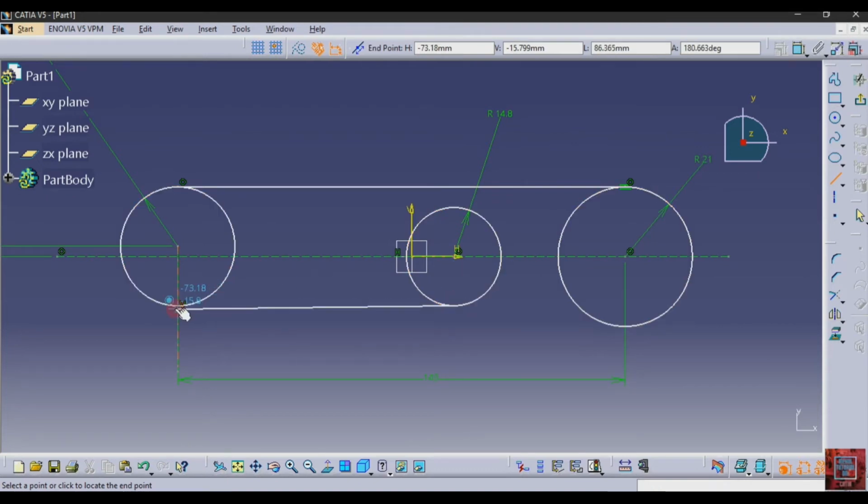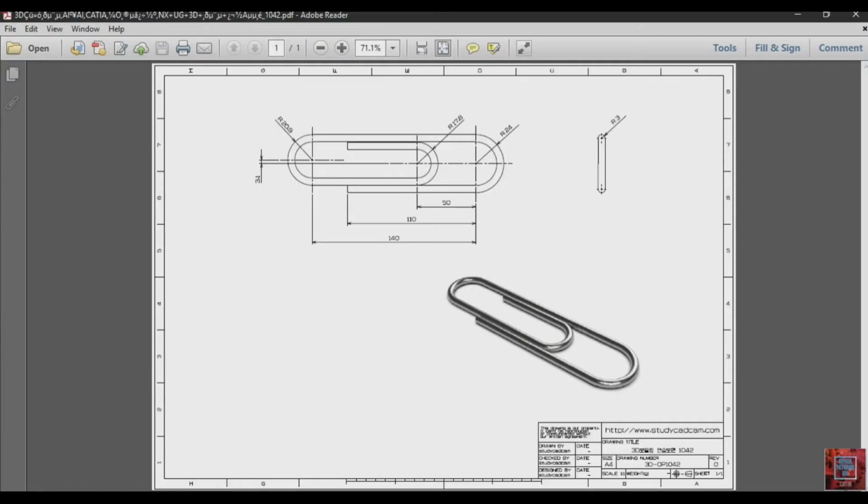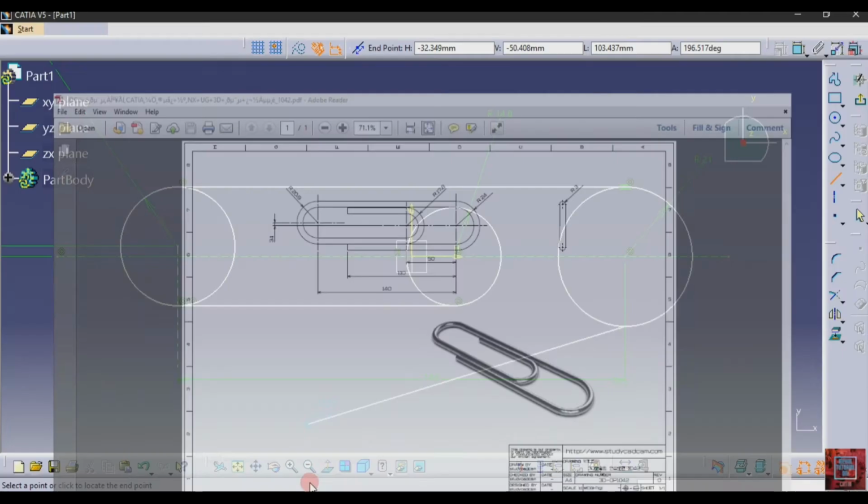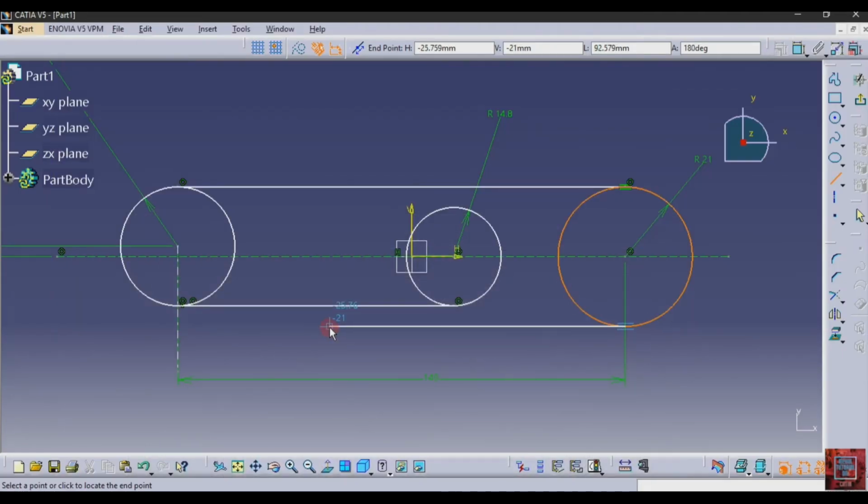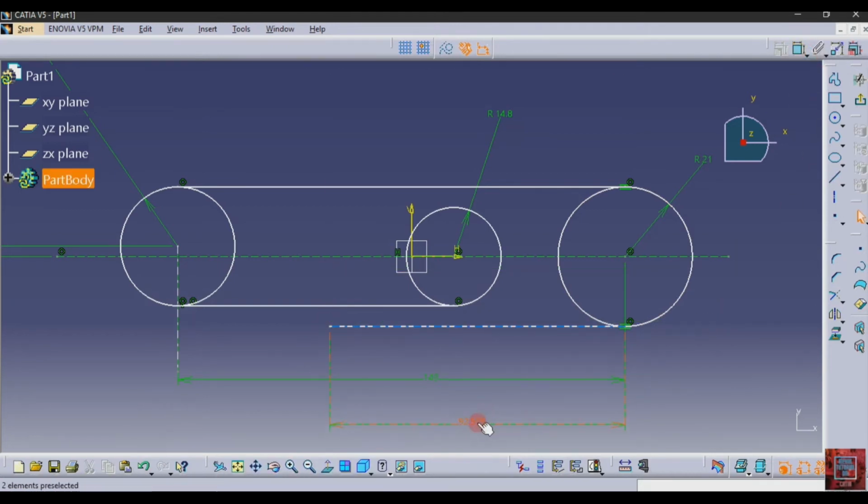take a line from this point to this point, and then again make a line from this point up to this, and then give the length of this.